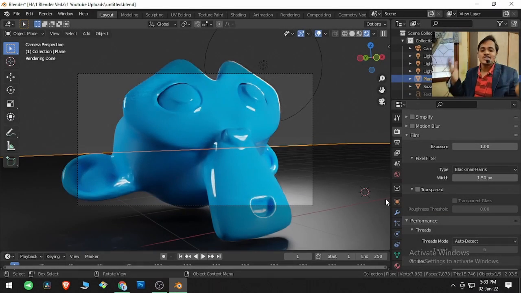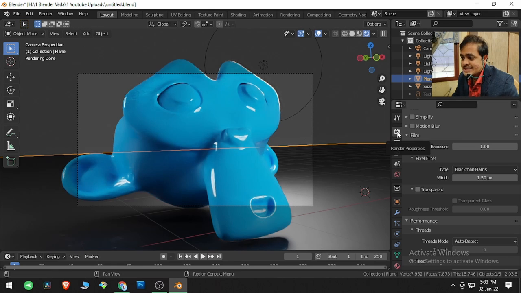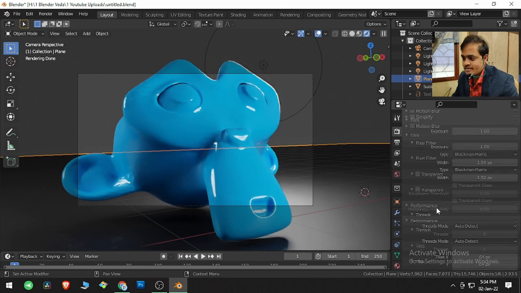Well, let us see what is the next best thing that Blender has to offer us. With that being said and done, let me show you what I have done before this video. I have created a blue monkey and a black surface, which is a plane, and we are going to see the render properties, and here in the film subsection we are going to see what all these options are available with us.